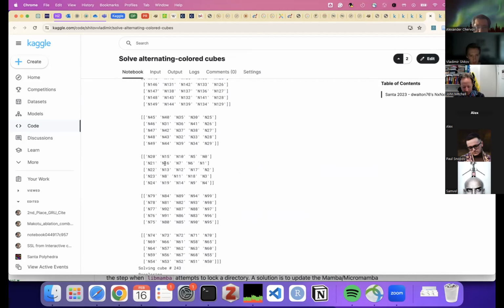So here is the solution already obtained from the solver after recoloring pieces. And you can see that edges are actually solved correctly. We have N20 and 21 and 22 and so on. They are in the right order. This is also correct. But if you take a look at the inside pieces, they are not placed correctly. They should also be sorted, like N6 and 7, and 8 should be here, but it's actually here, and so on. So we need to find a way to move these pieces to switch them and not disassemble everything else.